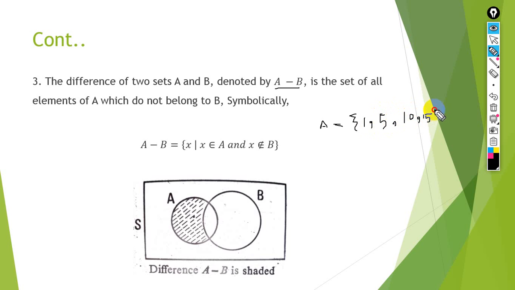For example, set B is equal to 5, 10, 20. So now if we want to write A minus B, what will be the answer? A minus B is equal to